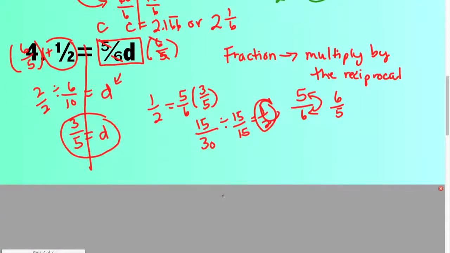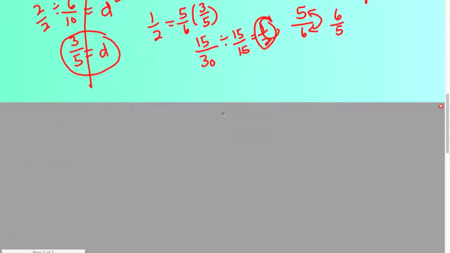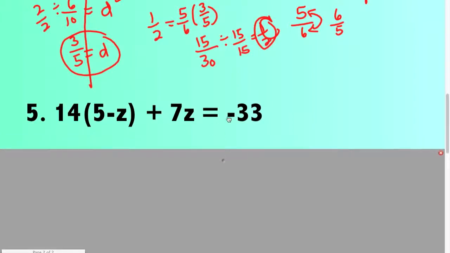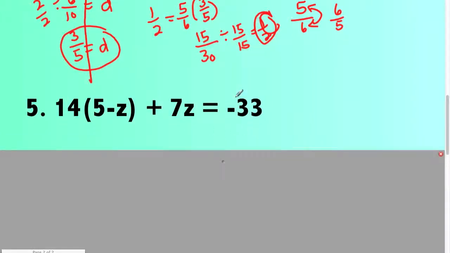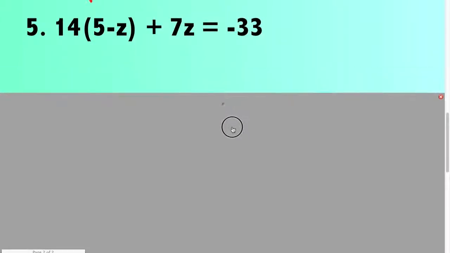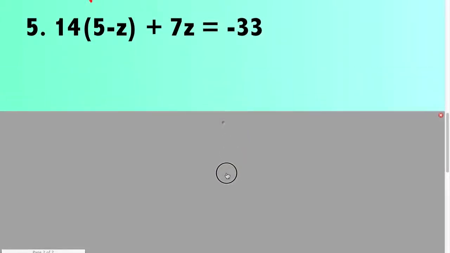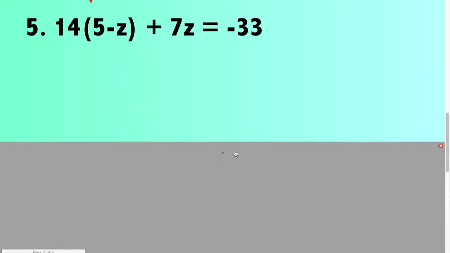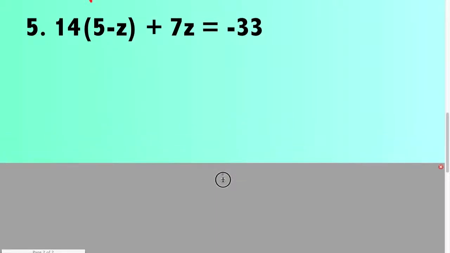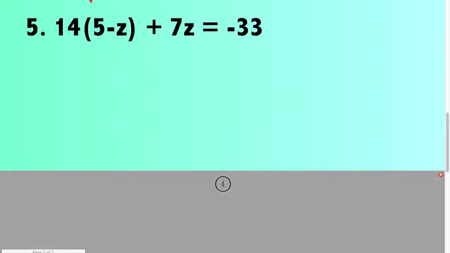Just wanted to make sure I checked. And that's always a good thing to go back and check your work. And if it doesn't end up being equal to that, then you can go back and check to see if you made a simple mistake. Because a lot of times, because there's so many steps with solving equations, you might make a little mistake and you might do everything correct afterwards, but because you made a little mistake in the beginning, it messed it all up. So checking your work at the end is extra time, but it does end up paying off in the